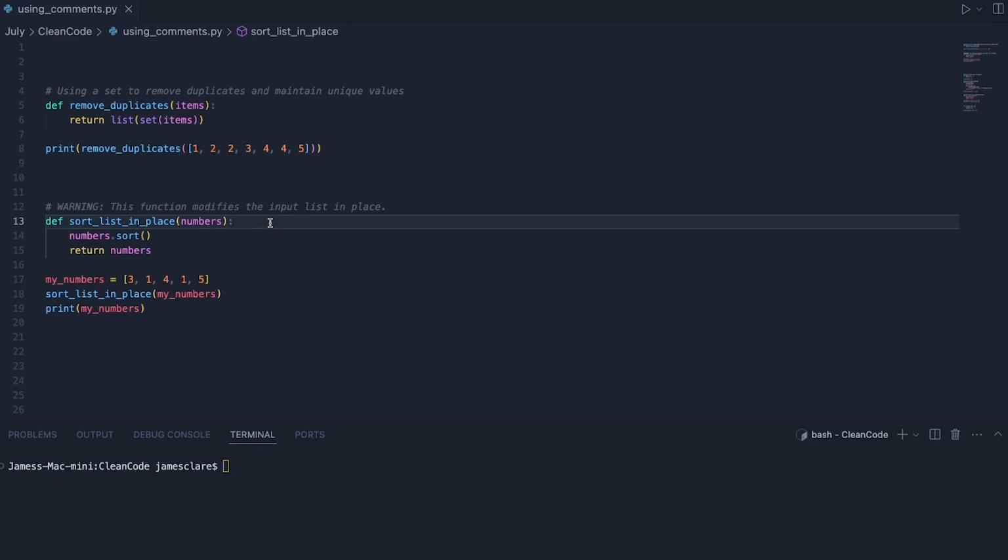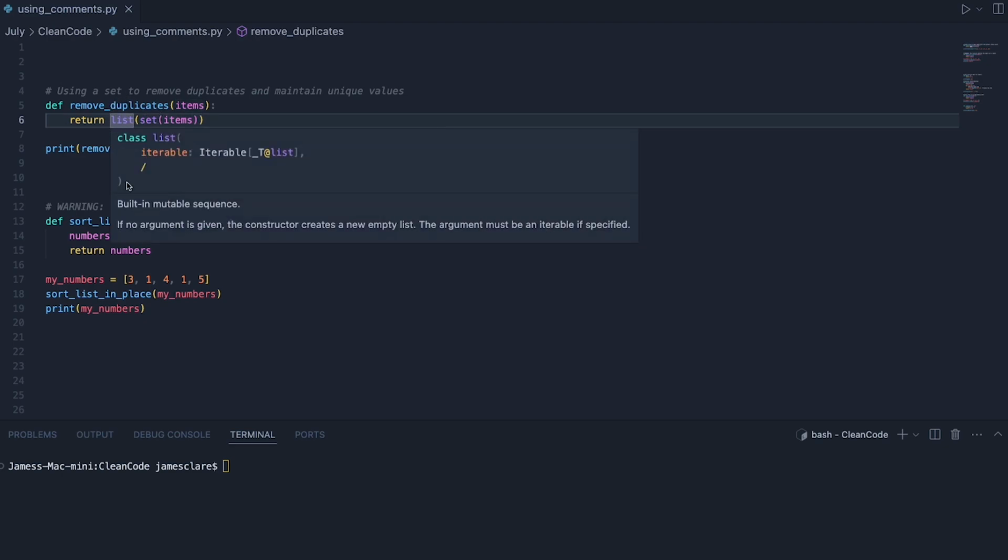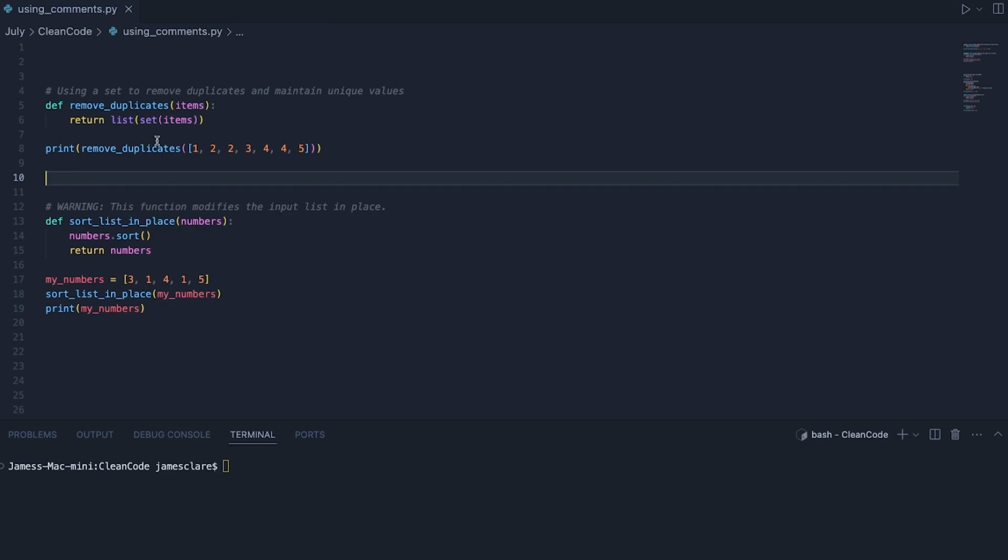Right, let's go into VS Code and look at some examples of good and bad comments. For our comments, I want to show two things which I think are warranted and might be nice to do. Then we'll look at a couple of bad examples as well. Suppose you had this example here. This is a fairly common way to remove duplicates from a list and then convert it back into a list. We pass items to the set function, thus removing duplicates, then pass it back into the list function to get back the original list with the duplicates removed.